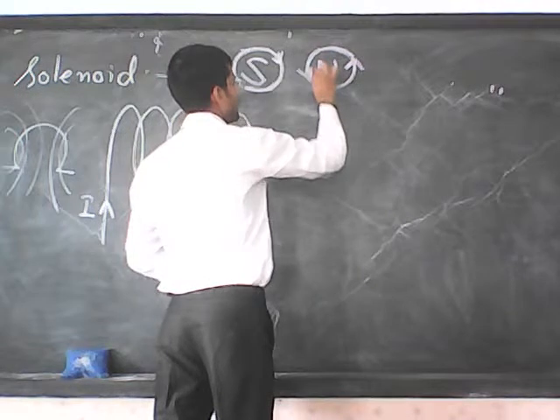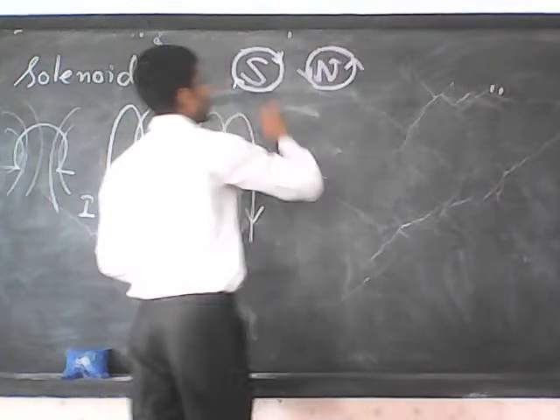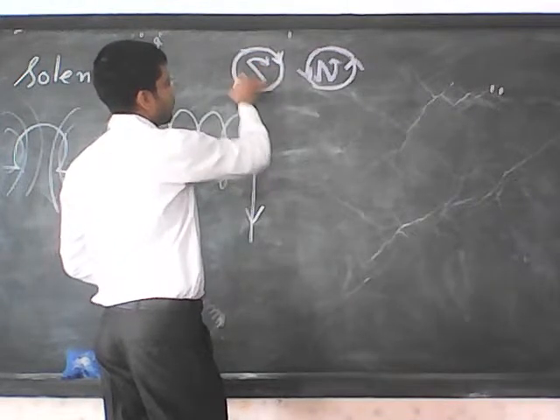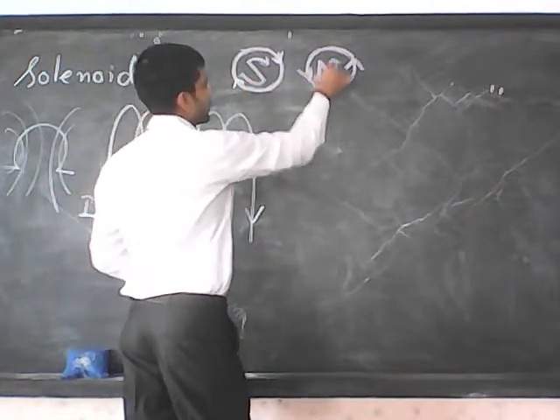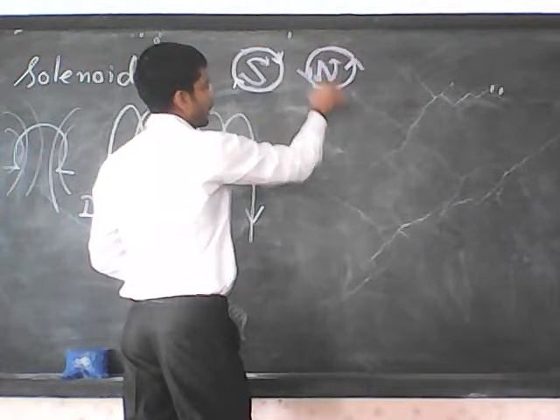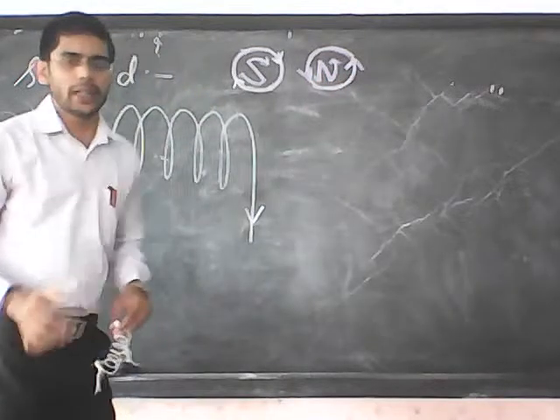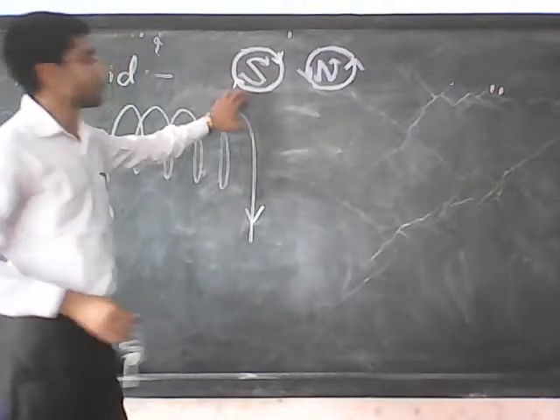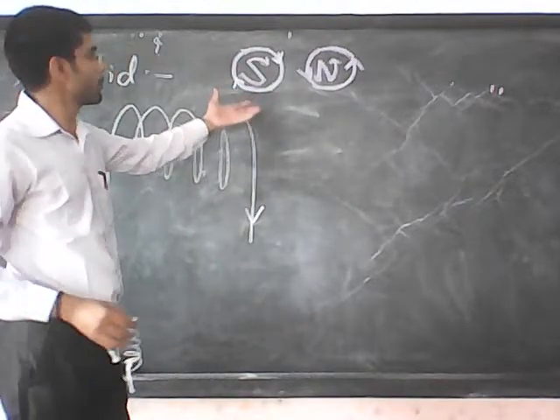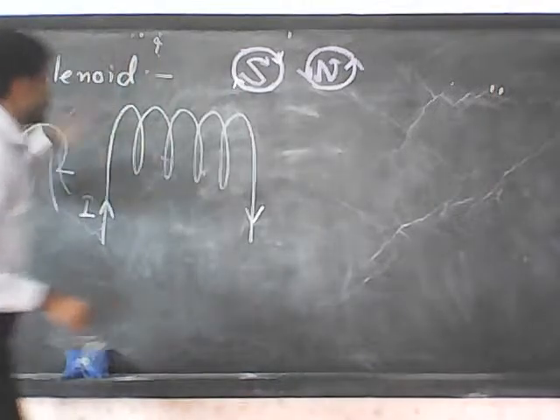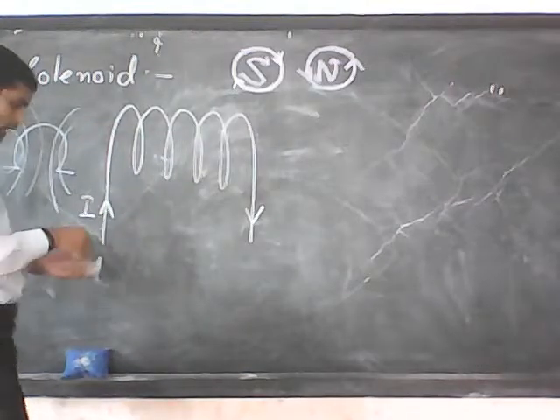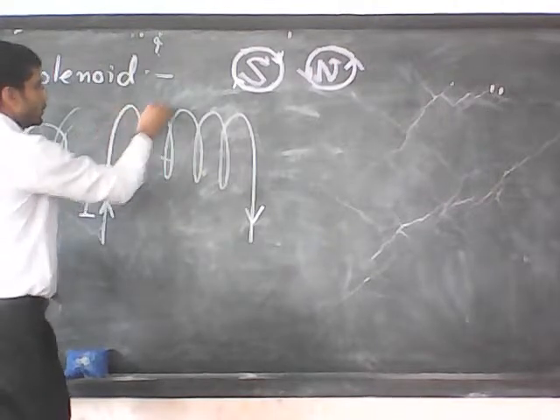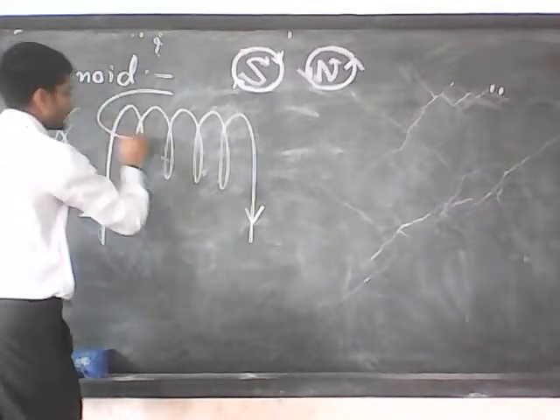See, this thing you can observe and you can remember also. See, it is showing like clockwise, it is showing like anti-clockwise. So if current is flowing anti-clockwise, that will be the north pole, and if the current is flowing in a clockwise direction, then it will be the south pole. Now, here the magnetic field we can observe. For this loop, definitely it will be like